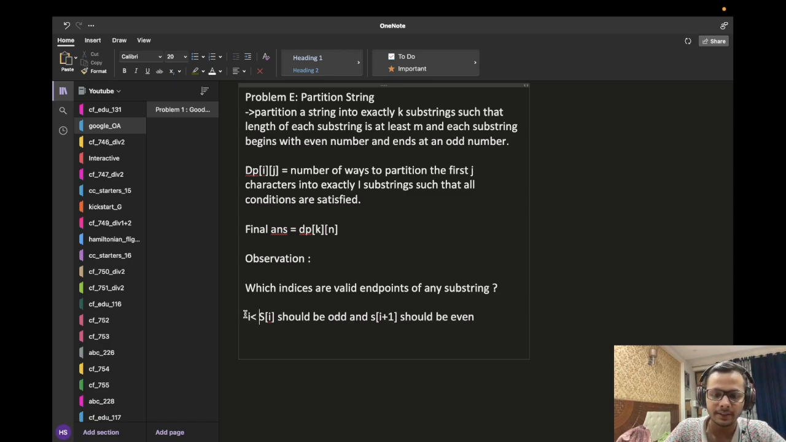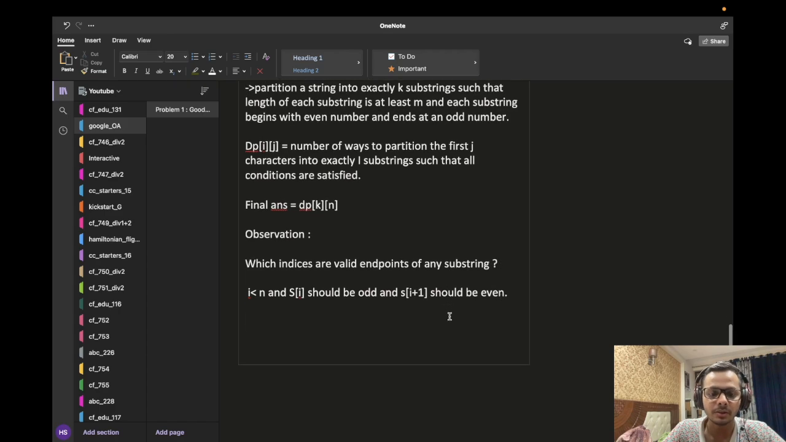So i is less than n, obviously. s of i should be odd and s of i plus 1 should be even. If that is the case, then we can end a substring here and we can start a new substring from i plus 1. Cool. Now, how do we make transitions? Let's say we are at dp of i, j and we want to calculate the number of ways in which we can partition the first j characters of the string into exactly i substrings. So what we can do is, first of all,